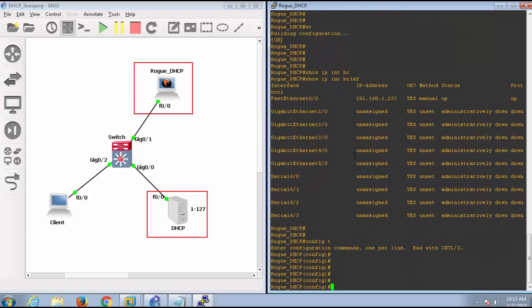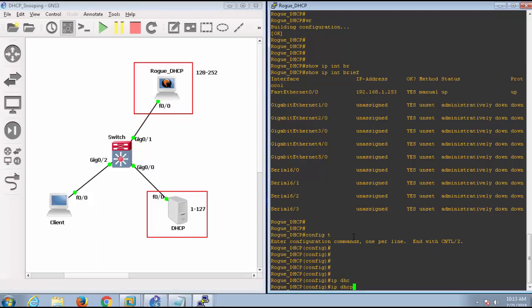Before configuring the pool, let's reserve some IP addresses so that the rogue DHCP server can only provide IP addresses from 128 to 252. I am stopping at 252 because 253 has been configured over there and 254 has been configured on the DHCP server. ip dhcp excluded-address